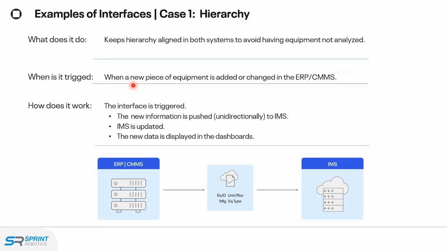Some of the examples are about asset hierarchy. We receive the hierarchy from SAP, right? So whenever there's a change in that asset hierarchy, we need to receive that in IMS, and that's very critical for integrity. You need to make sure that you have reliable data in your hands. So receiving an accurate list is fundamental, it is really the beginning of everything, of any interface.